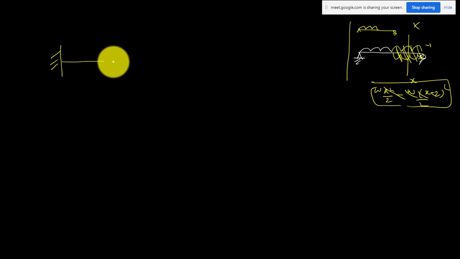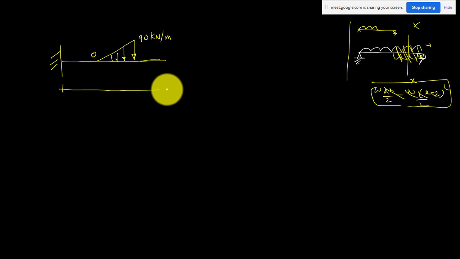Okay, the same question. Suppose you have a cantilever beam, or it can be a simply supported beam, whatever it is, the same procedure. Suppose you have a concentrated load and a uniformly varying load like this. So I have a uniformly varying load. This is 90 kilonewton per meter, and this is 0. This is your total span, I'm taking it as 3 meter. This is 1 meter, it is 1 meter and it is also 1 meter. So this is the question. Okay, how to solve it?